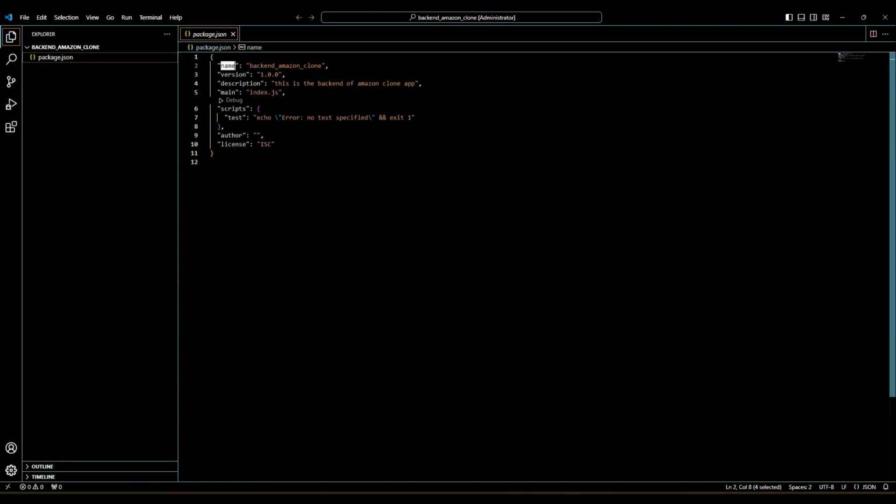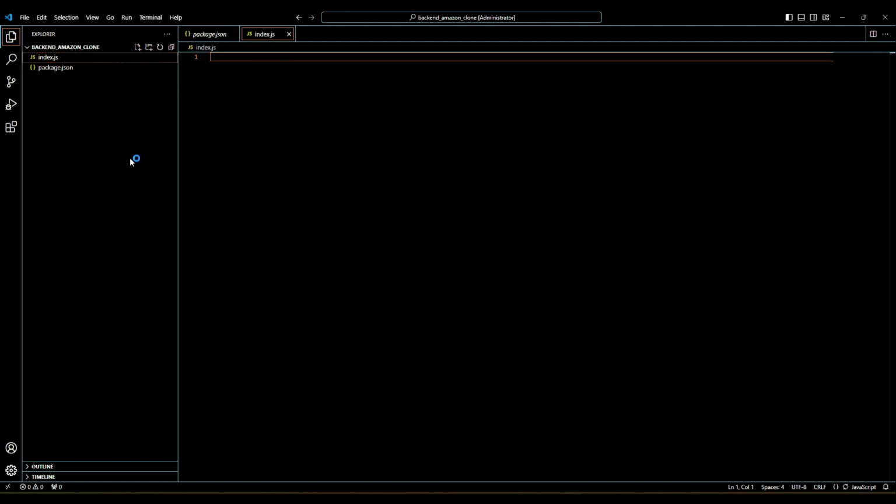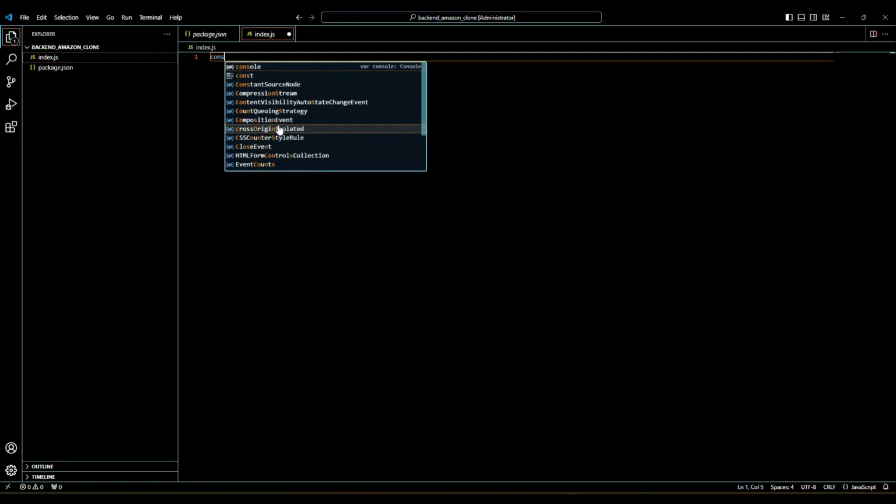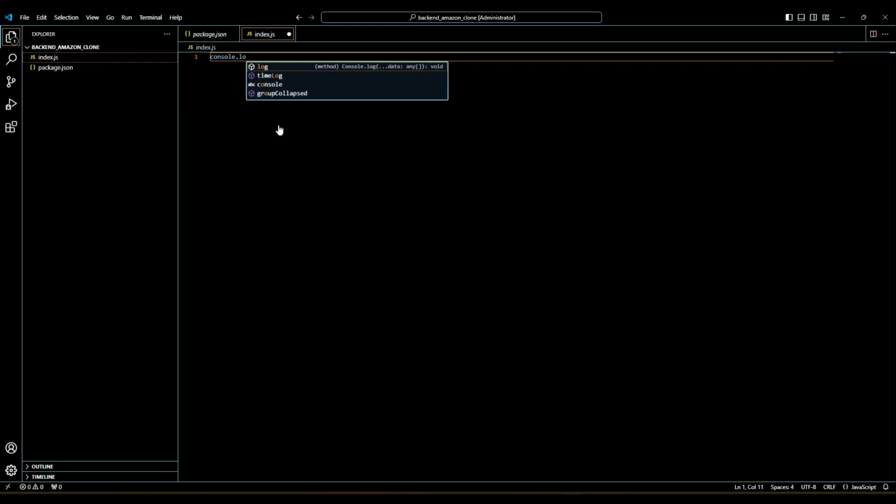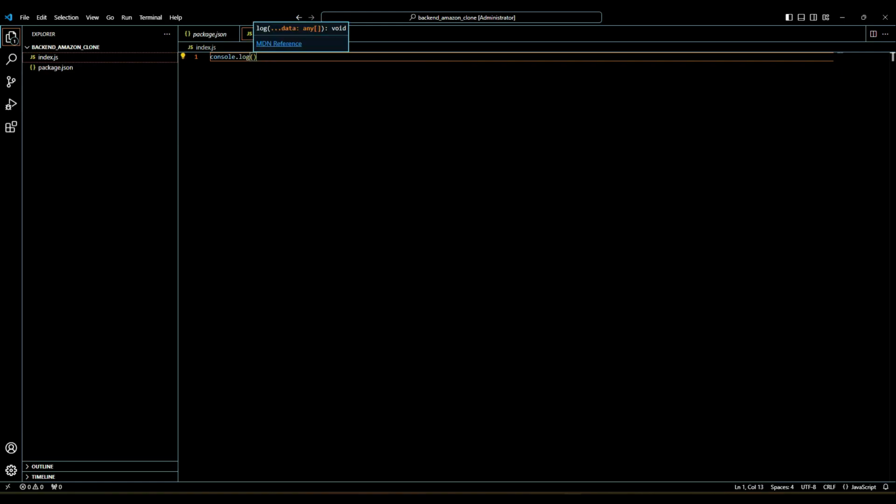The name of our package, or you can say the name of our project, is backend_Amazon_clone. And the important thing is the entry point, which is index.js. Copy this name and we have to create a new file by the same name, index.js. Now just for testing purposes, we are going to print out a message using console.log, and inside the double quotes we will say this is test, or you can say hello world, it is up to you,